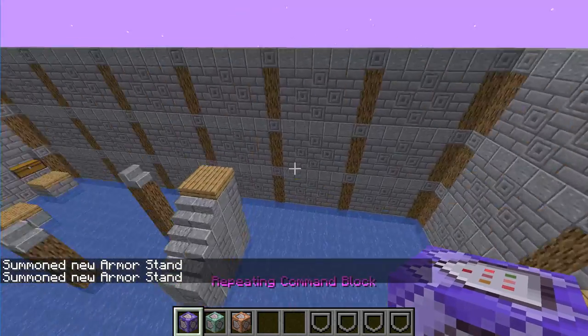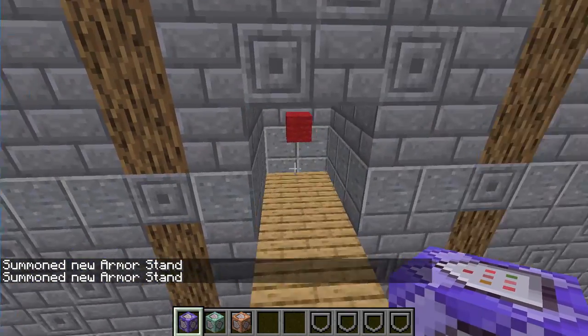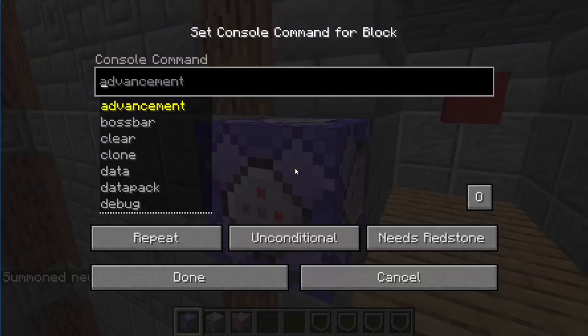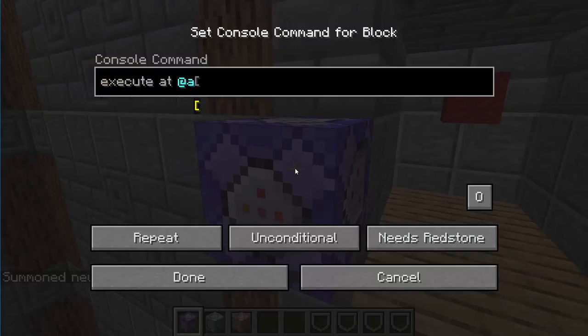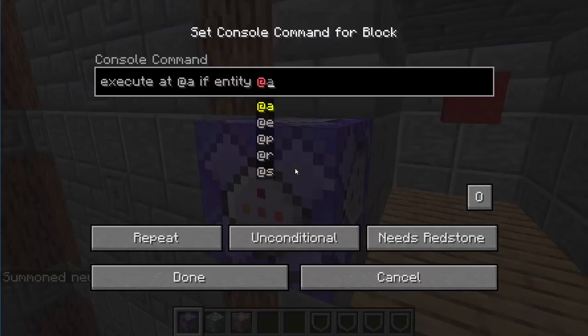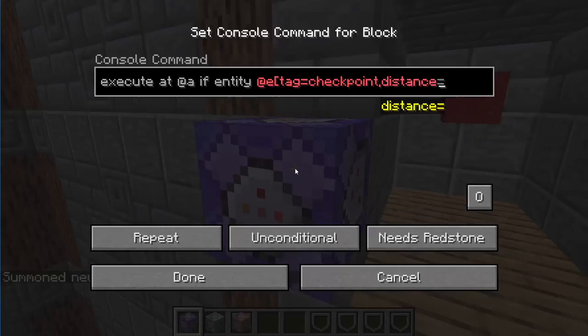So what we're going to need to do is set up a system so that when I get to a checkpoint, it turns it on. So let's do that. What we do is we go execute at everybody. So at everybody, then we will go if there is a checkpoint in a distance of ...